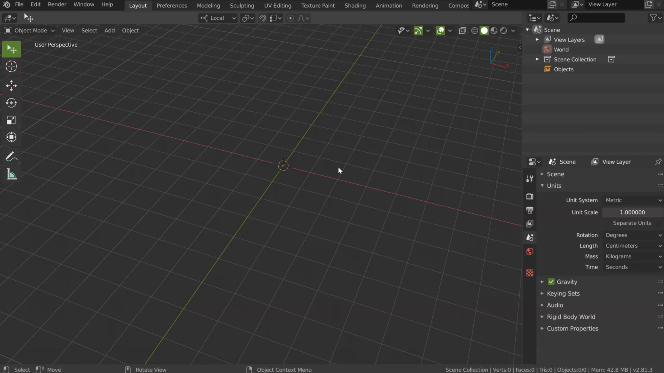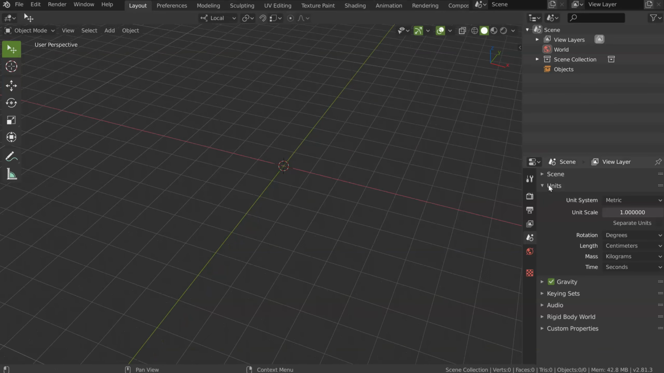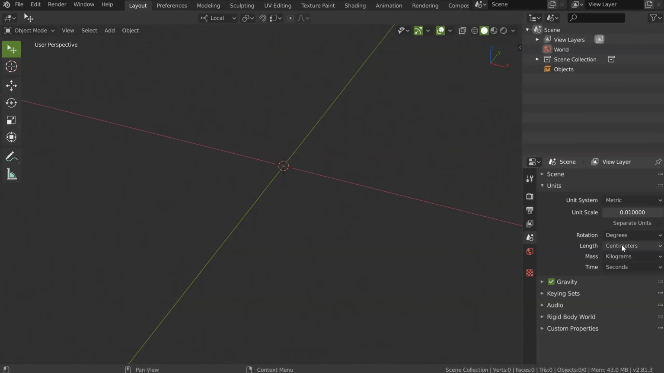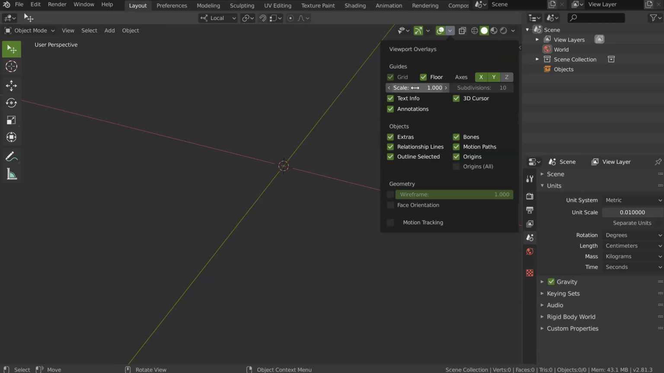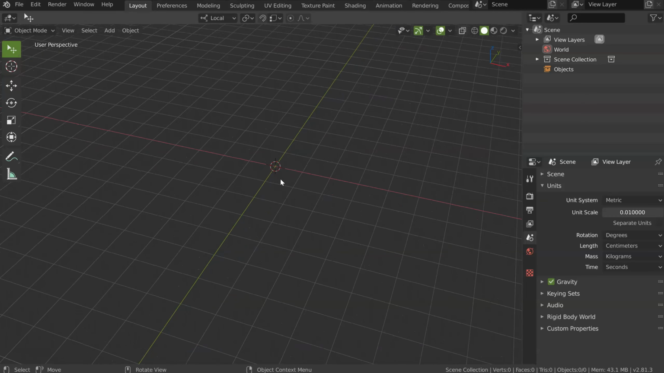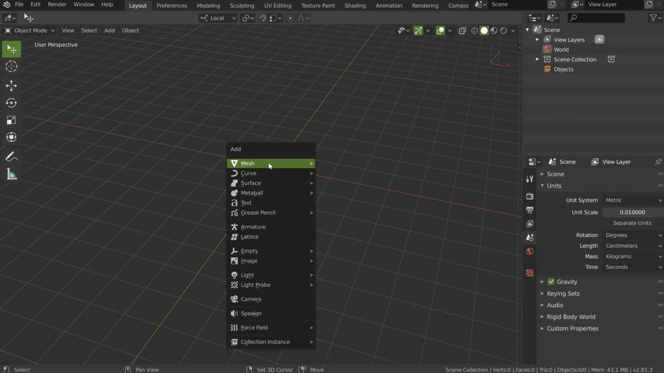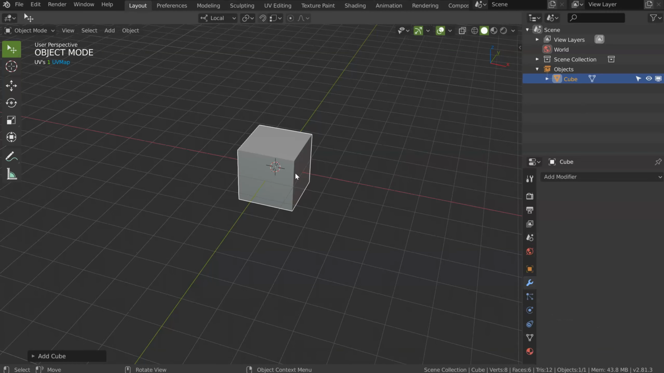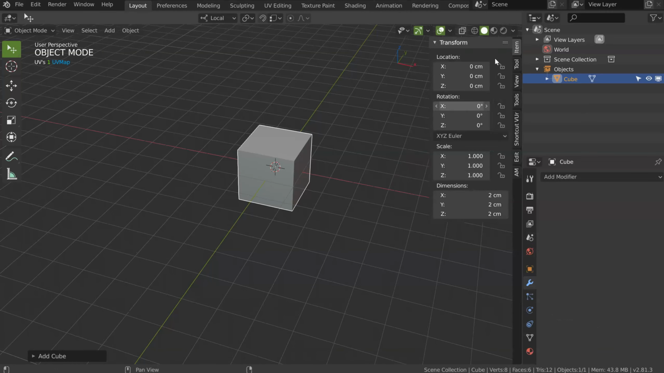So let's start. First, we will check the unit system. As you can see, I choose metric. I will choose centimeters, 0.01. And here I will have centimeter. I will come here in the overlays, and in the scale of the grid I will do the same. And that's it. So now what I will do is to create, Shift A, a cube,